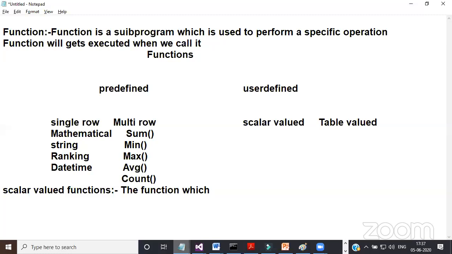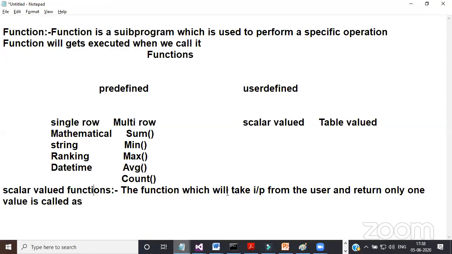The function which will take input from the user, input is not mandatory, it is optional, and return only one value, that type of function is called a scalar valued function. Is it clear? The syntax to create a scalar valued function is: create function